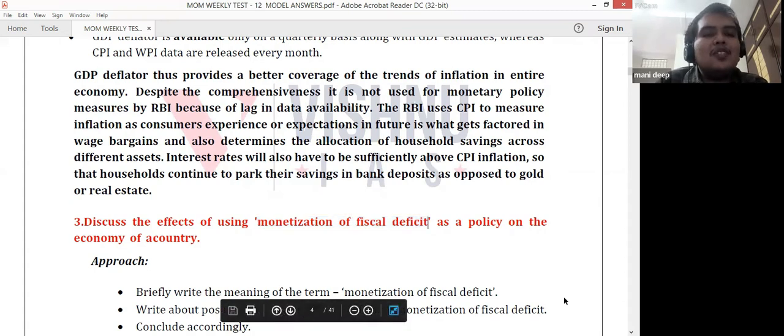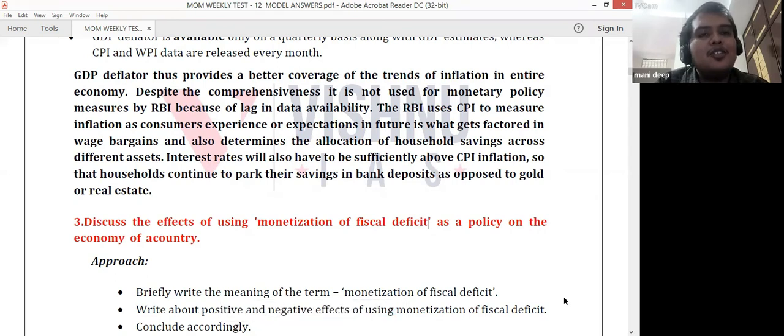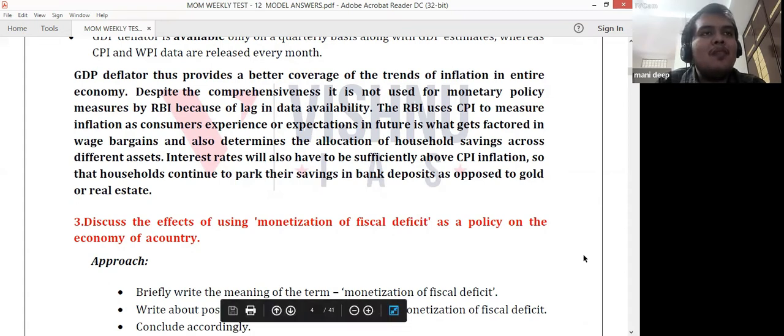Even the RBI is not focusing on it. Earlier, the FRBM Act used to ban such monetization of fiscal deficit. But in 2017 there was an amendment which said that we can monetize fiscal deficit in certain circumstances, for example when there is high inflation or some sudden catastrophe, maybe a war or a pandemic. So based on the COVID pandemic, this may be one of the questions that you should read up on and collect some points regarding this monetization of fiscal deficit.